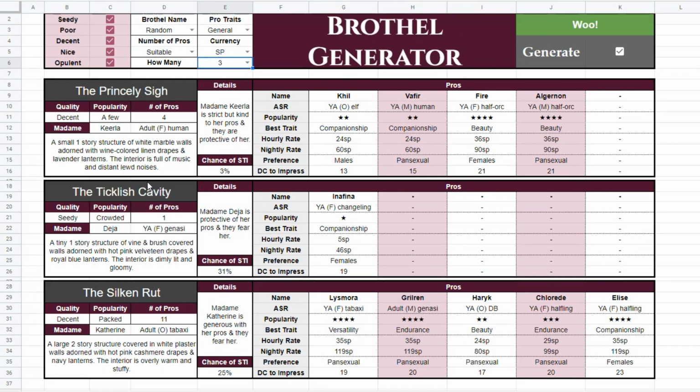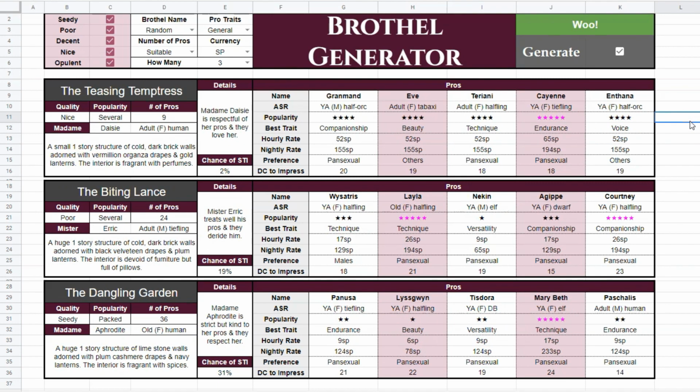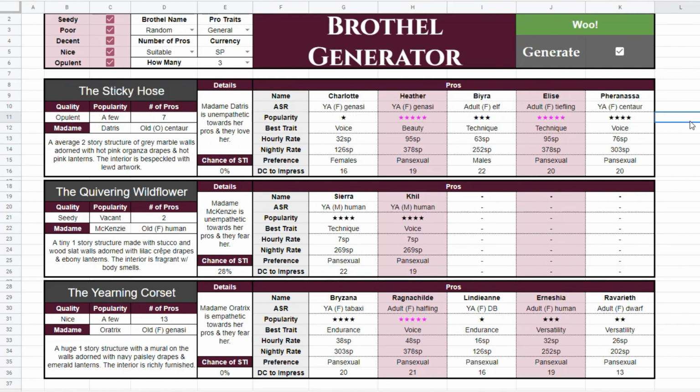So I'm going to scroll back up here for a second and notice what happens when I hit the delete key. You see how it's all recycling? Everything down here that's changing are what are called dynamic cells. And a dynamic cell will refresh or regenerate itself anytime anything changes anywhere inside of the sheet, which is really good for random generation, but is really bad for us when we want to save things for longer periods of time. So for example, if you wanted to save the sticky hose,